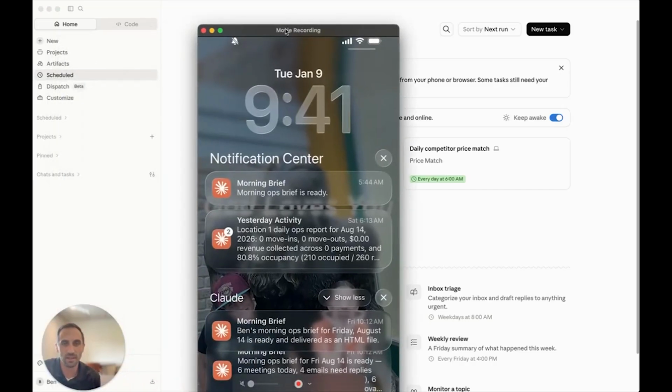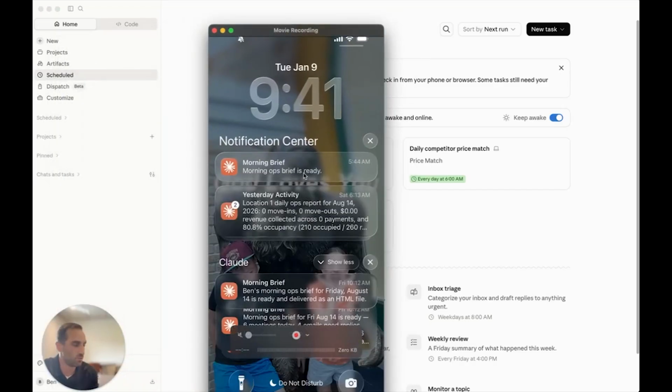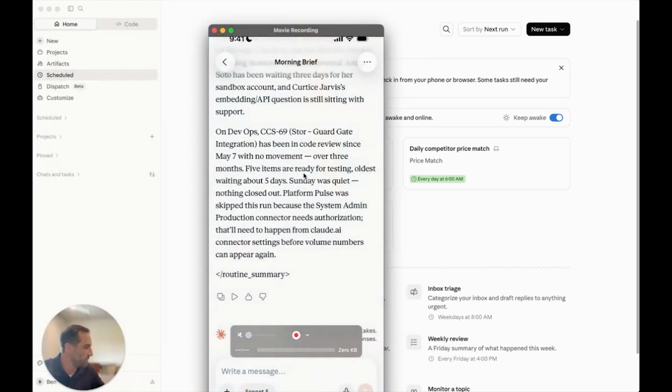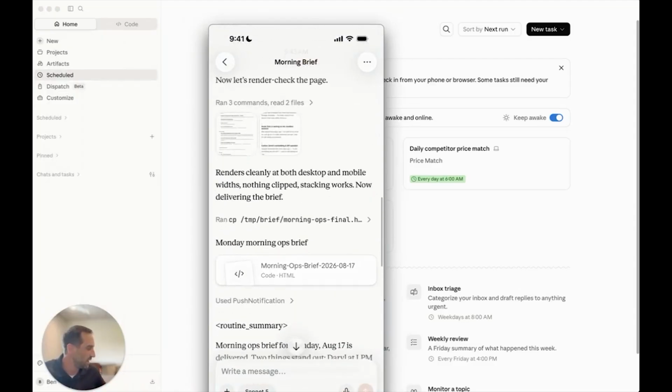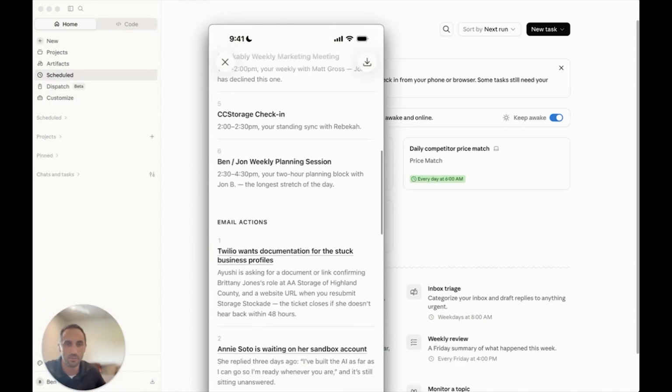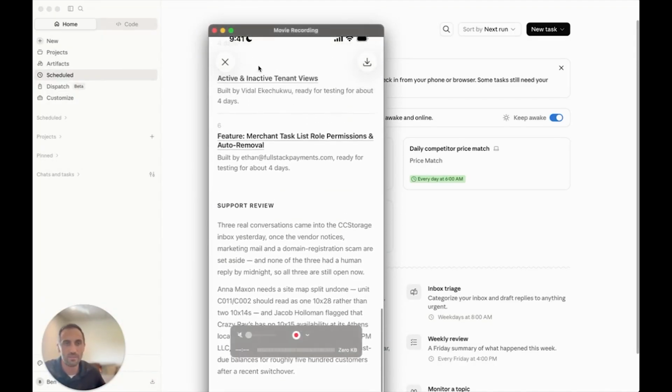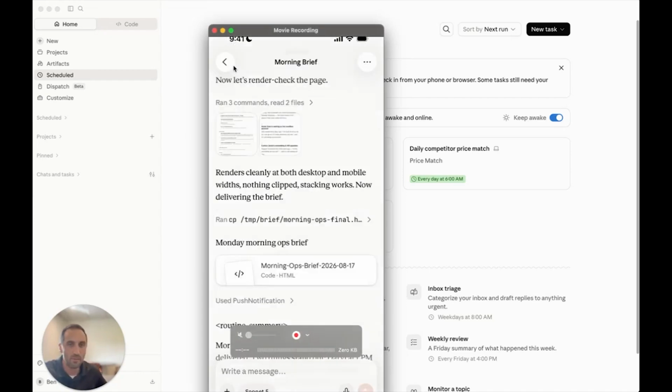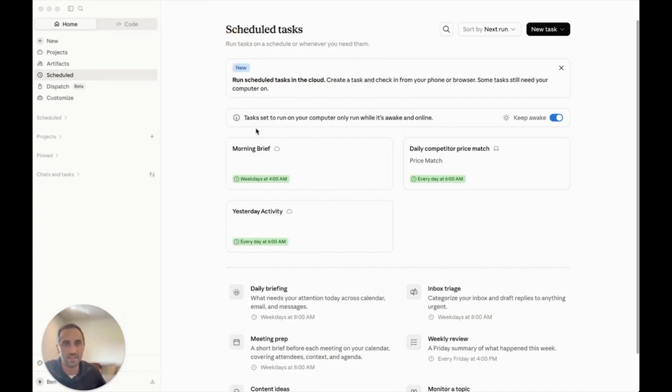Once that's done running, I'll be able to see something like this in the morning. Your morning ops brief is ready. Once I select that, it would pull me in here. It would give me a high-level overview. I could click on that. I could run through all the things that came through on my brief. So that way I can make sure I'm getting the exact data on my morning brief that helps me make better decisions on